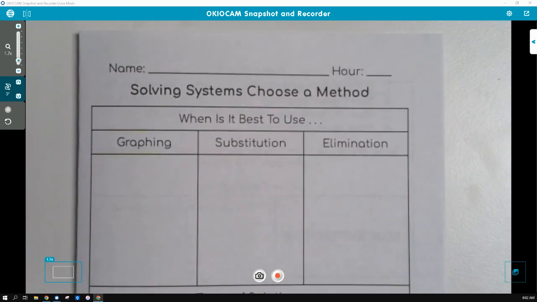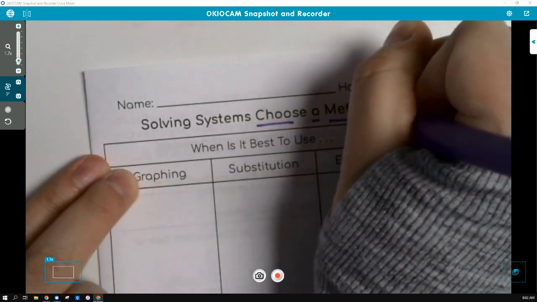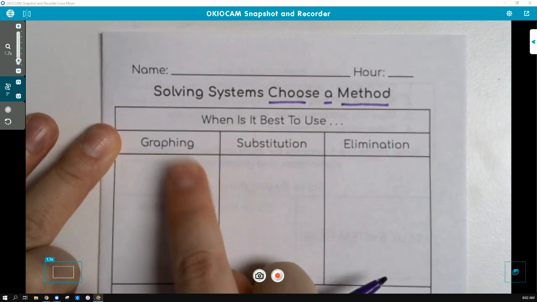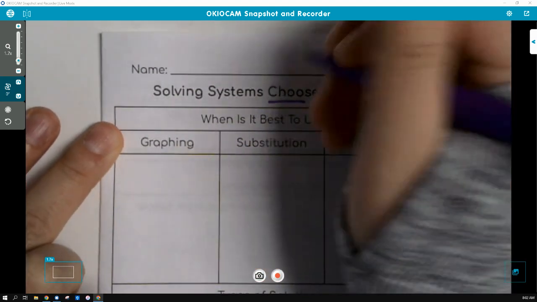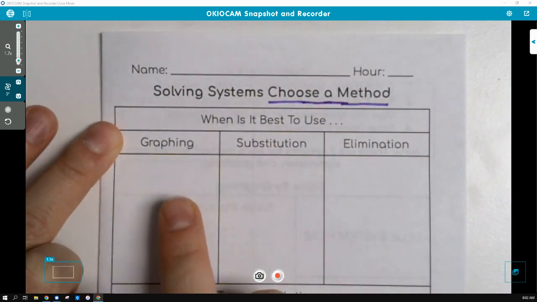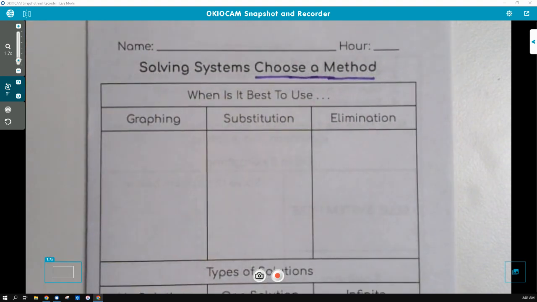Okay, so today we are solving systems, but today you get to choose the method you get to use. We have learned 3 methods of solving systems. We have learned graphing, substitution, and elimination. Make that one underline. So graphing, it is best to use graphing when both of our lines are ready to